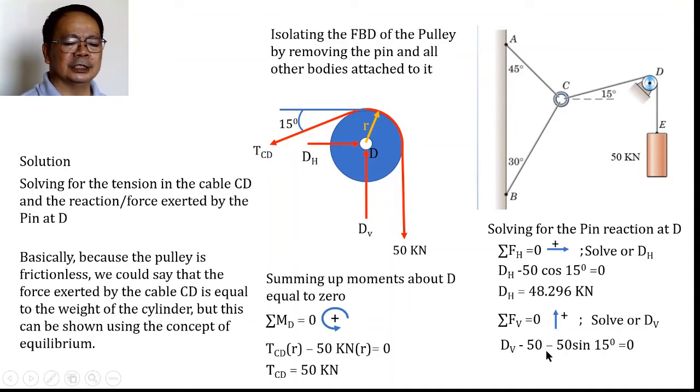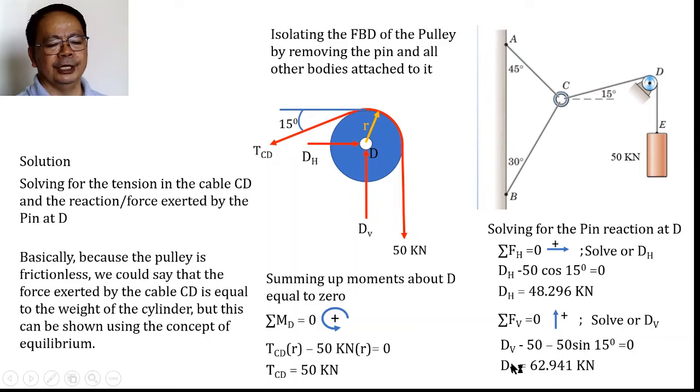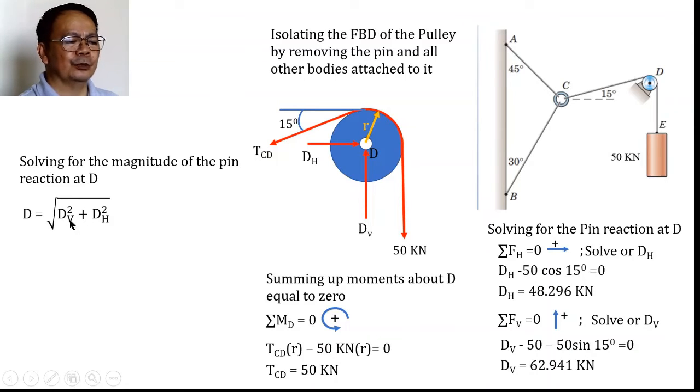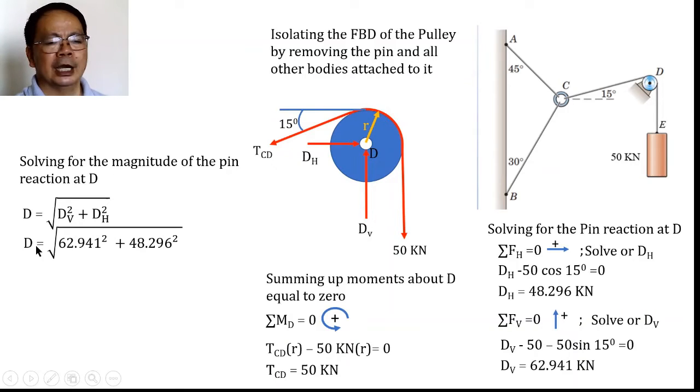So we'll be simplifying this one. You can solve for dB, which is equal to 62.941. After solving for dH and dB, we can now solve for the magnitude of d, so that d will be equal to the square root of dV squared plus dH squared. So when the values are substituted, then we have 62.941 squared plus 48.296 squared. Then simplifying, d becomes